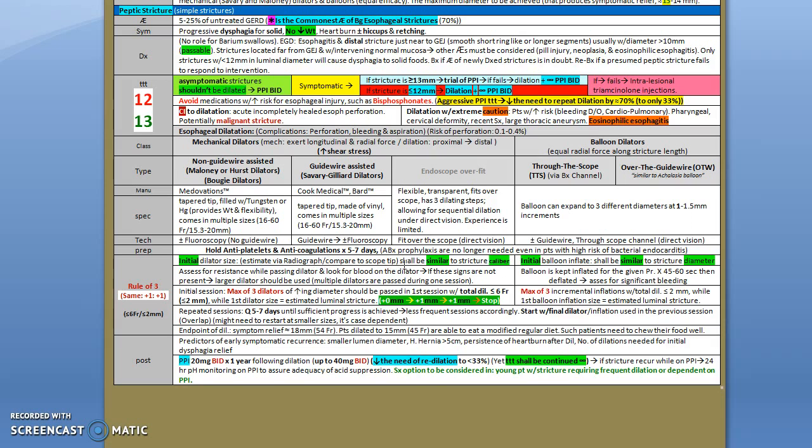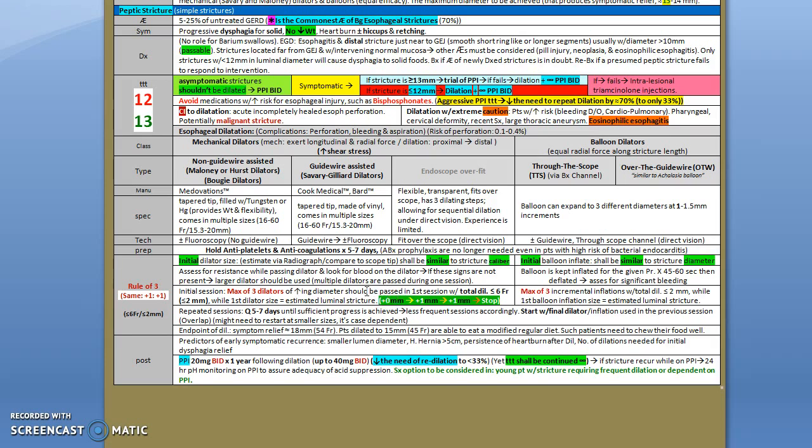First, remember that we use the rule of 3 increments each session. That's the maximum number of dilators that you're gonna use. You cannot go beyond that. Remember that you have a critical number of only 2 millimeters of increment, which equals 6 French each session of dilation. So the point here is that the first